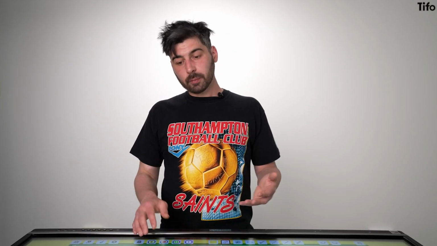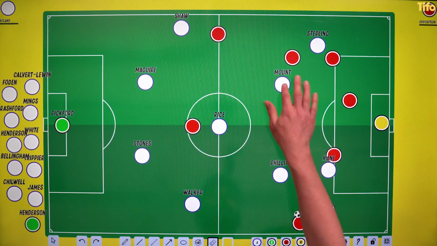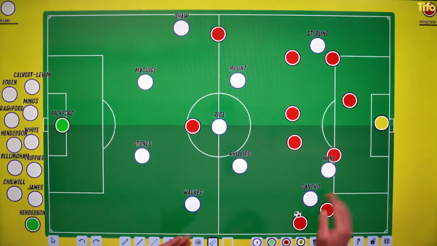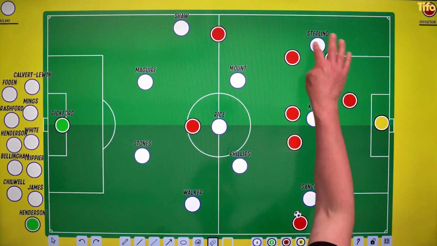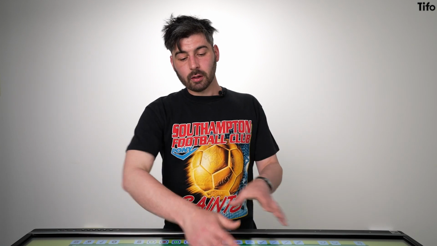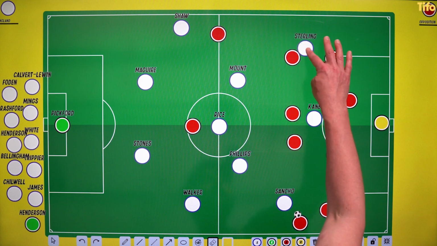If the first line of the press is bypassed, obviously England are going to fall back. They will make their block shape a little bit based on what the opposition are doing. So sometimes, if the opposition are quite good and have the ability to play out from the back, you'll get something that looks more like a 4-5-1. Sometimes it'll be a little bit more aggressive.